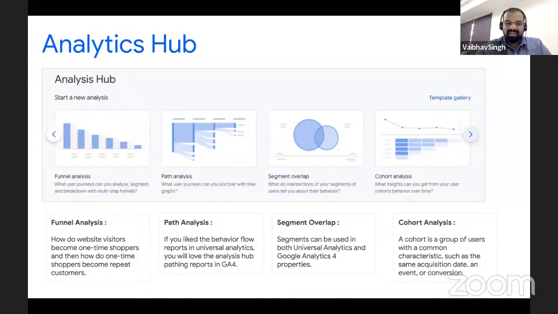So if you like funnel analysis, if you like path analysis, if you want to see segment overlap. For example, I just wanted to see how many people are coming on one category on normal web or on AMP. This segment overlap would be a perfect option to demonstrate and see it visually for the people who are working on the website and the content.